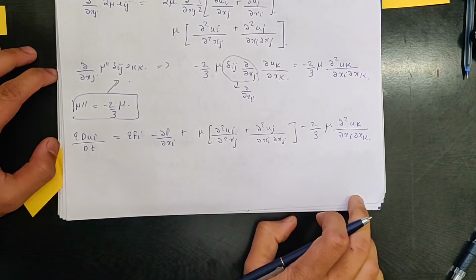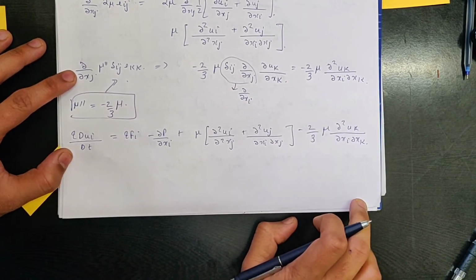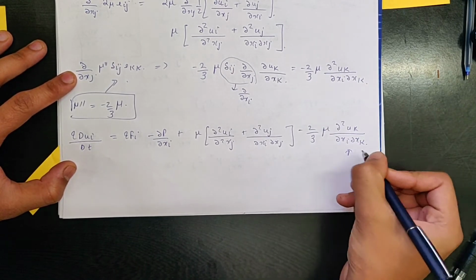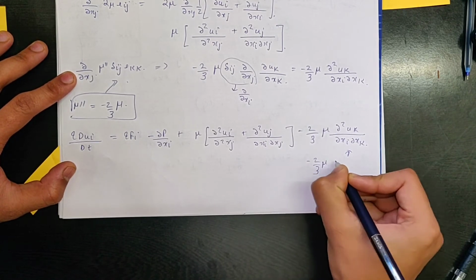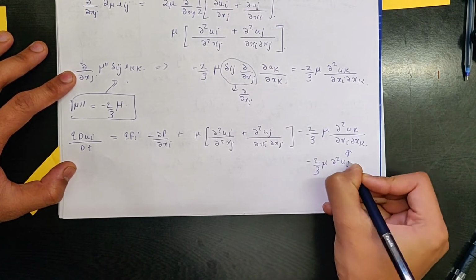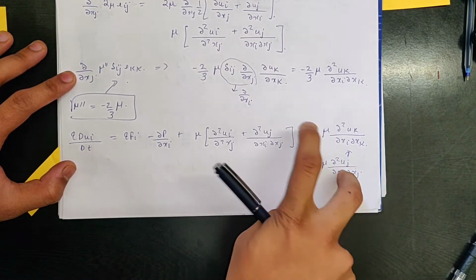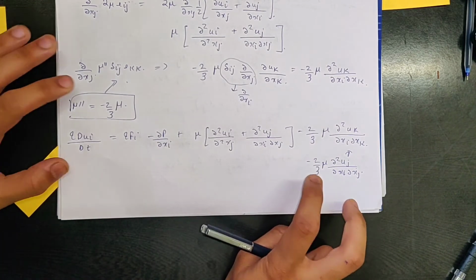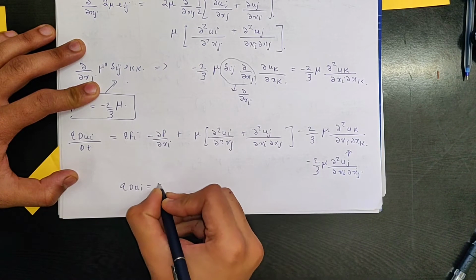Okay, so in this expression we can see that i is the free variable and j and k are the fixed variables. So here I can replace k with j also. So this would be del 2 uj by del xi del xj. So this would not cancel out, it would subtract from these terms. So the final expression we would get is